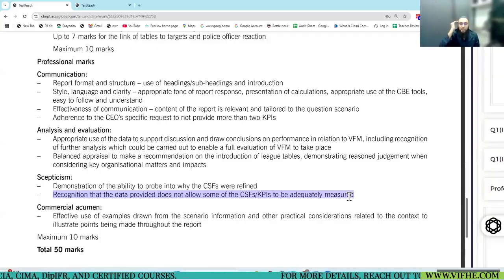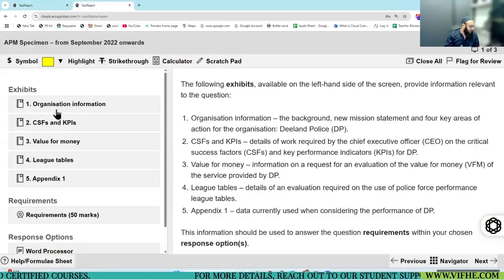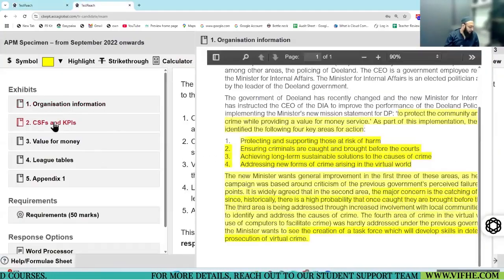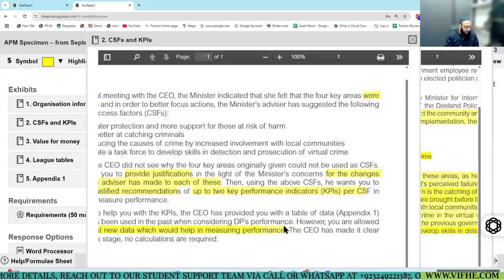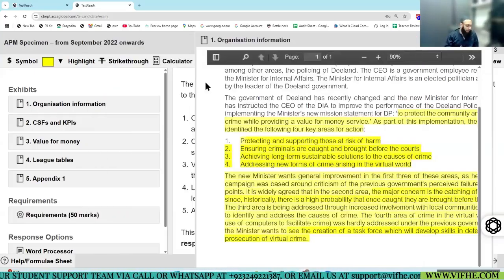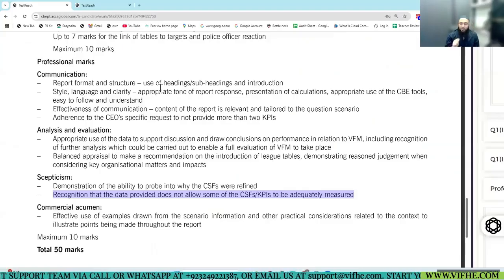You know that data is not complete. This was not mentioned in this part. I'll refer to it once it comes to the next part. So you had to mention that the data is not complete or we don't have it.